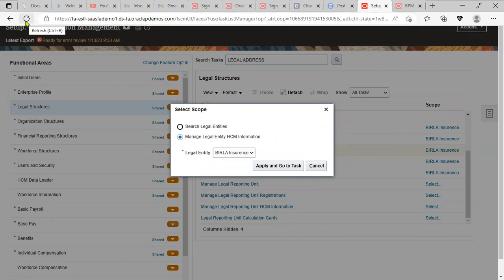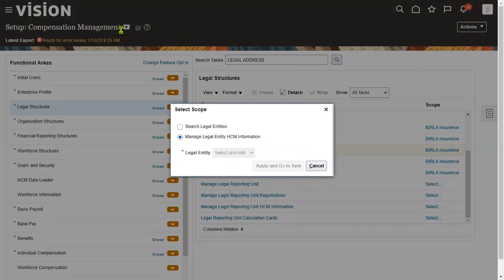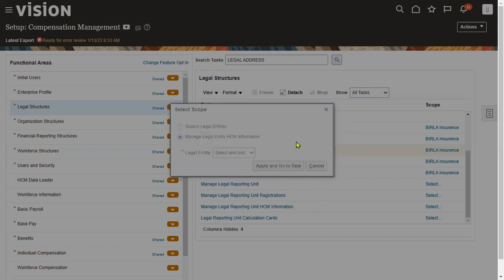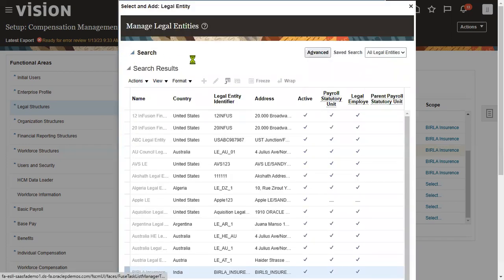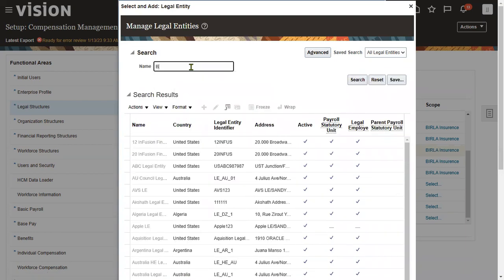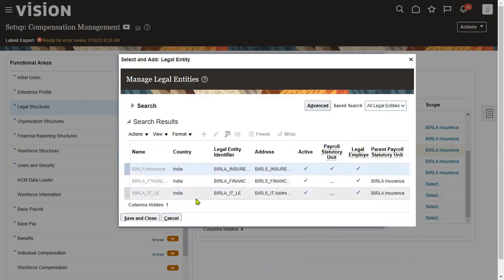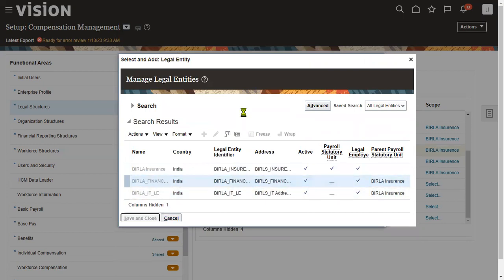Another one is you have to refresh the page and go ahead. Now choose this Birla Finance. It is just a legal employer only, not PSU. The moment you open this here,